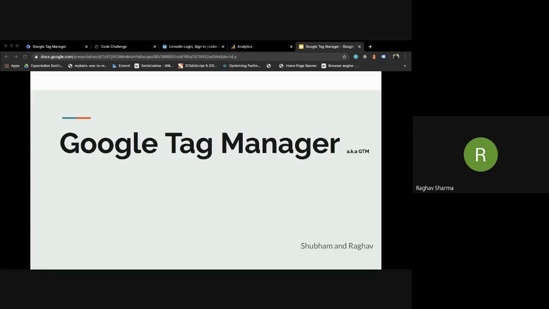We'll start with a brief introduction about Google Tag Manager. This is a product from Google which, as the name suggests, is a manager that helps us manage the tags on our website. So before we go into that, what is Google Tag Manager? What does it do? The first question I want to ask is to understand what we want to